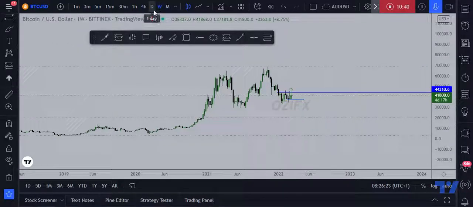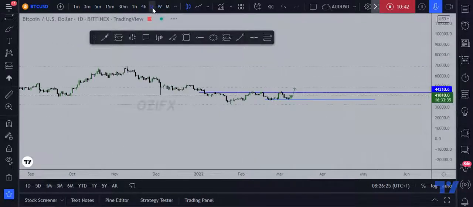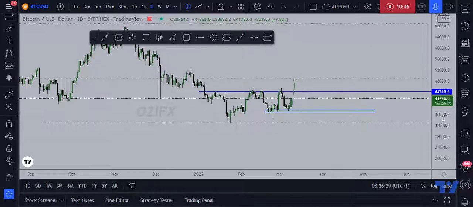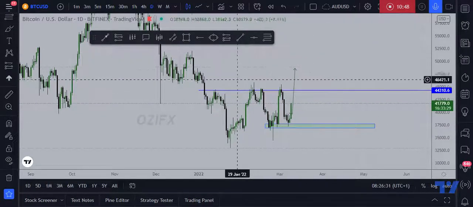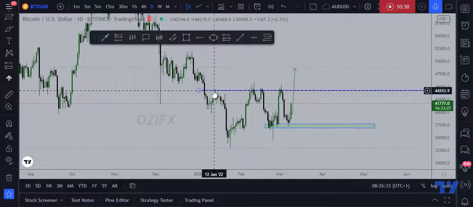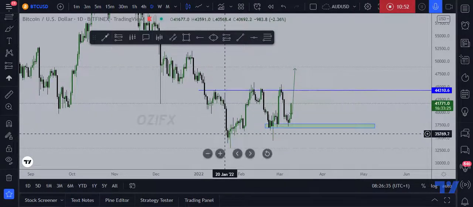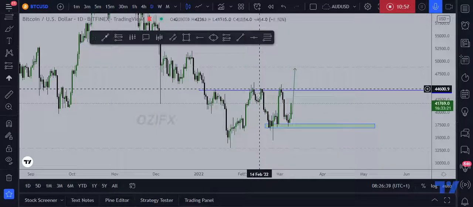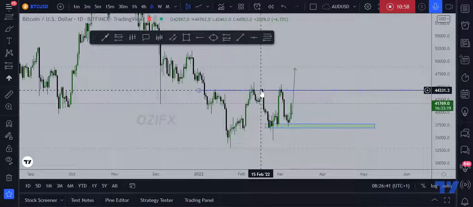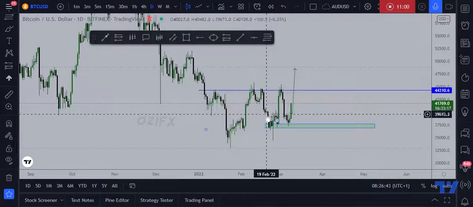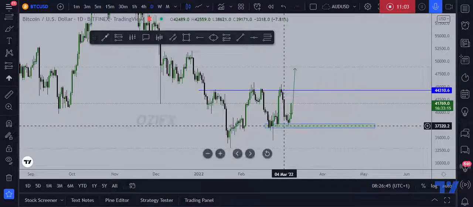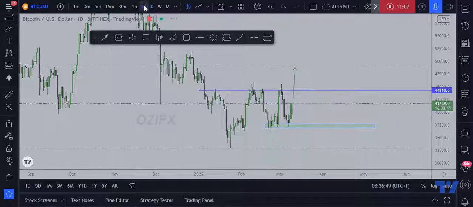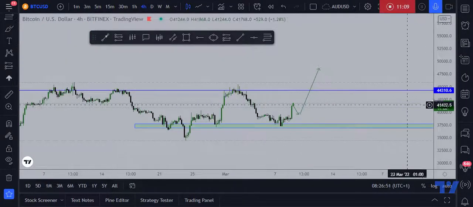Going into daily, I can see that the market has been on a downtrend on the daily, but as we can see, there's a slight reversal in trend because this was the last lower high and this is the last lower low. Now the market has broken above this structure with this, and this is a higher high, and now it has printed a higher low. So also we still have a double bottom here, so we're looking for buys from this area. So on the 4 hour, we're